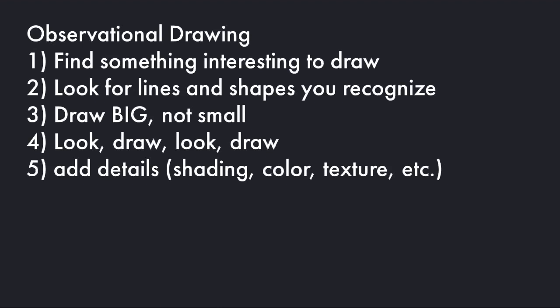So from the top, this is what you want to do as our review. First, you want to find something interesting to draw that can be inside or outside. The second part is look for lines and shapes you recognize. The third step is draw big, not small. The fourth step is to look, draw, look, draw. It's called observational drawing for a reason. It's because you're using your eyes to look at things. And lastly, add details, shading,